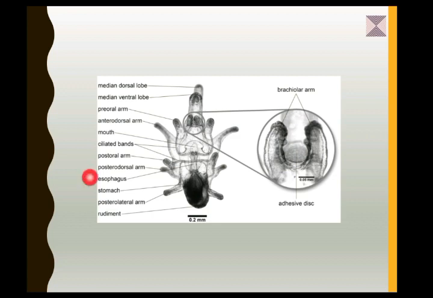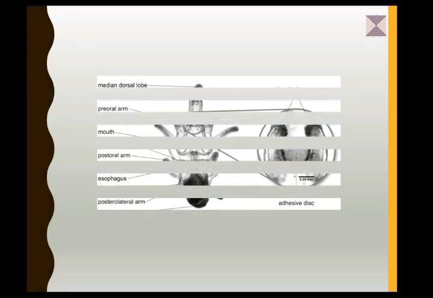So here we have the esophagus, we have a stomach in the very center over here, then we have the posterior lateral arms. So these are the posterior lateral arms. Then we have the rudiment part which is present over here. In some of the stages that will be lost after successive stages. So that is the structure of the